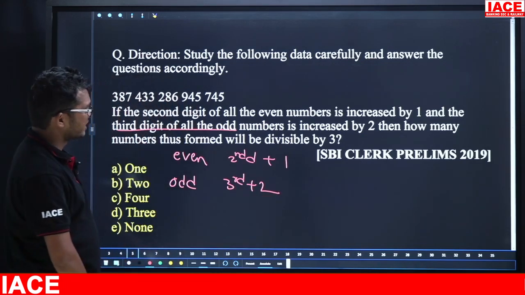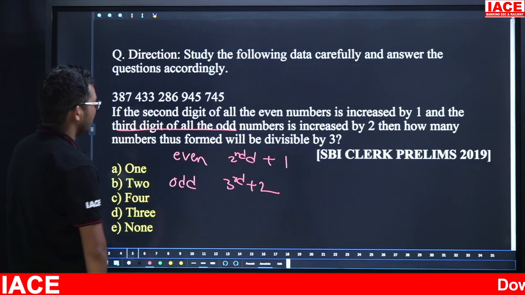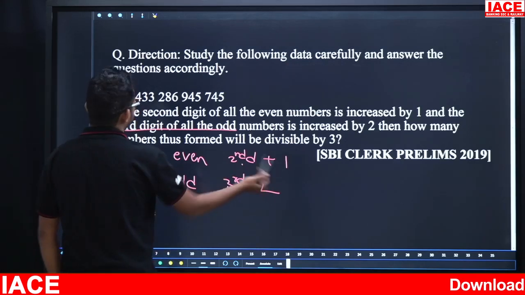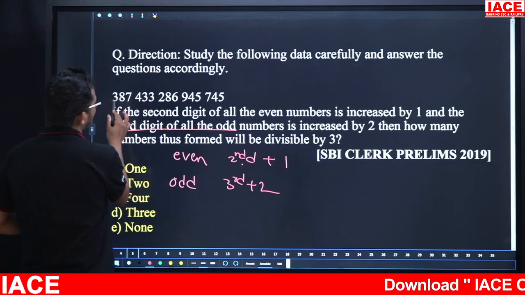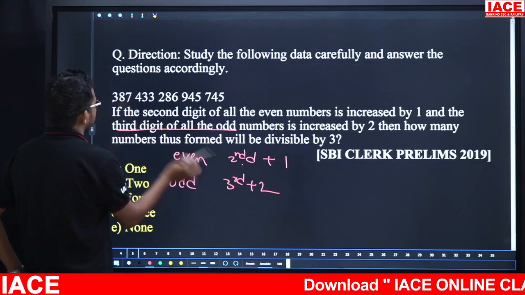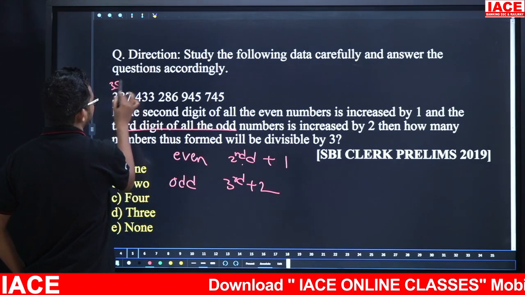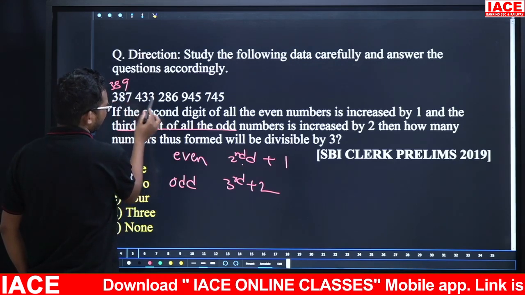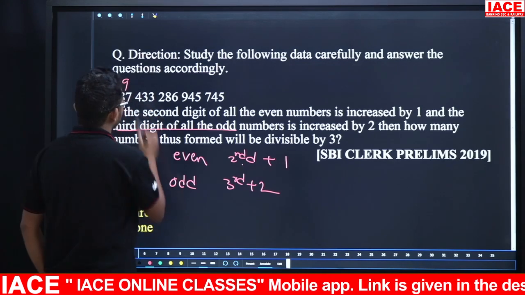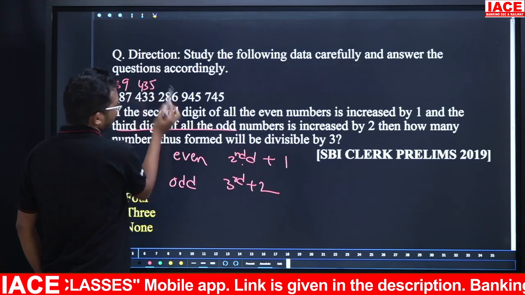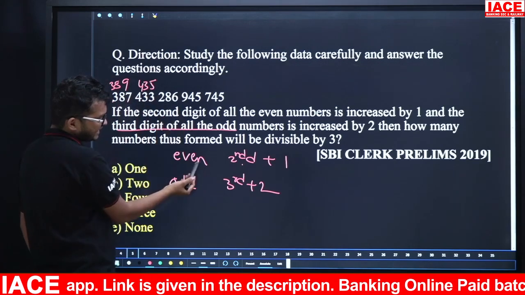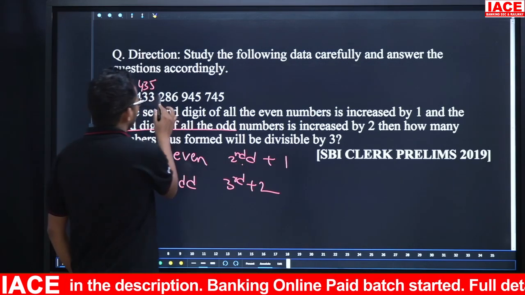The number thus formed is divisible by 3. For an even number, the second digit is plus 1, and for an odd number, the third digit is plus 1. Then this one is for 389: odd number, so the third digit is plus 2. This one is 435: even number, the middle digit is plus 1. And now 287 means here